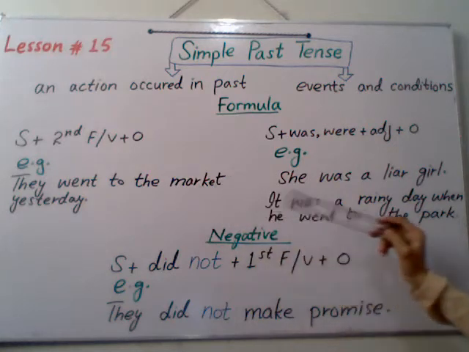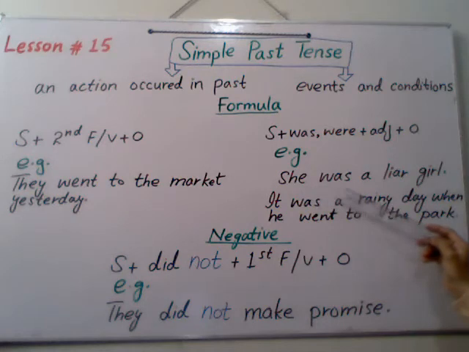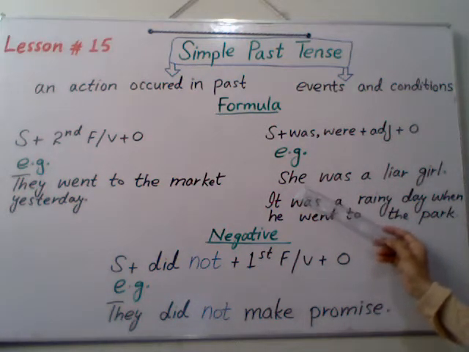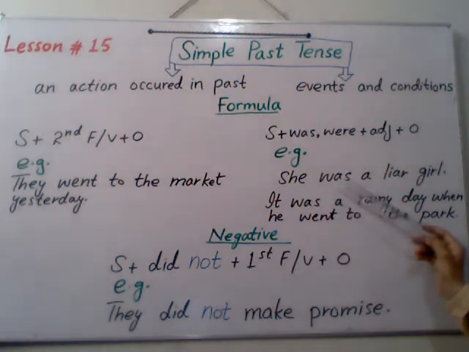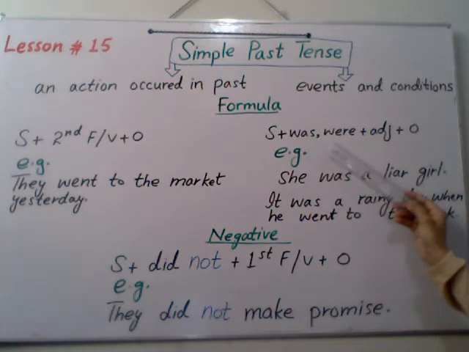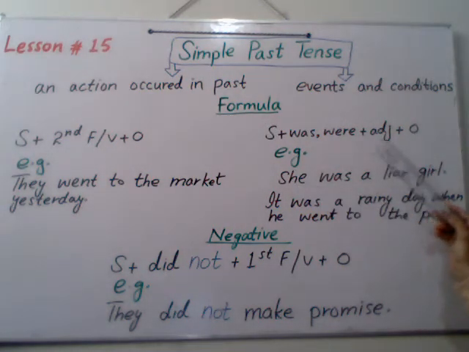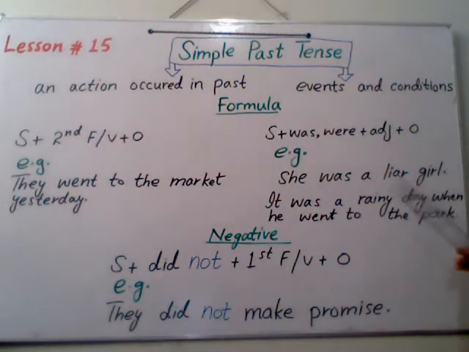It is done right now, and here is the sentence. For example, she was a liar girl. So this is the subject, doer, and this is was. Okay, first we put subject, then we put was and were according to the subject, and then adjective, and then the object. Okay, so it is clear right now that here we are going to talk about a condition,